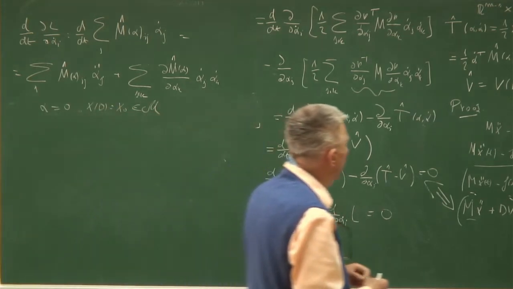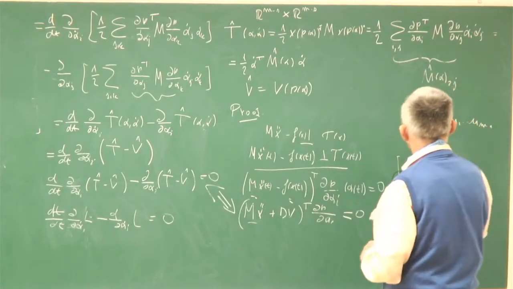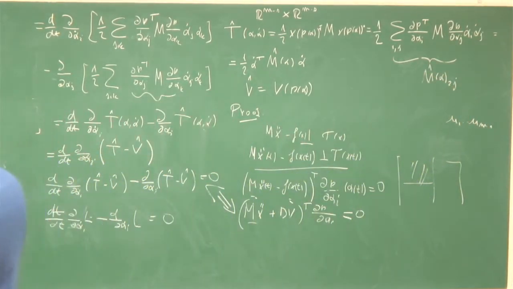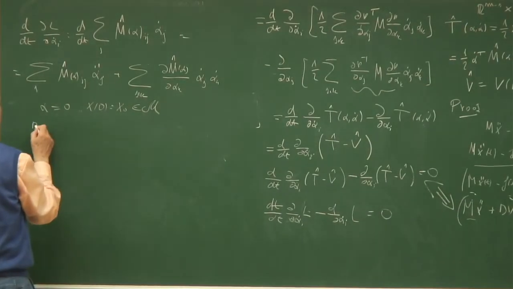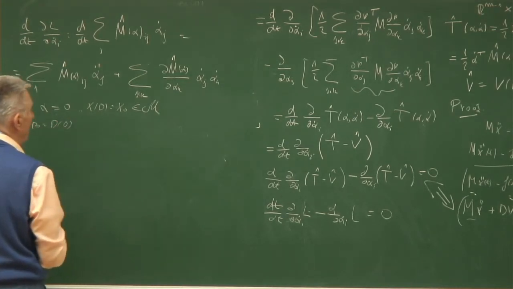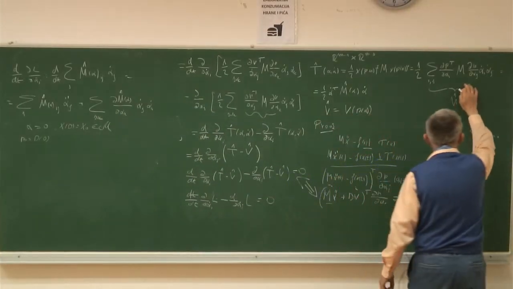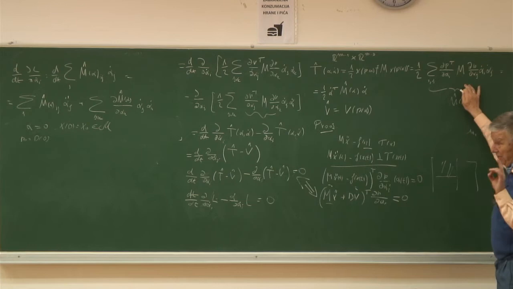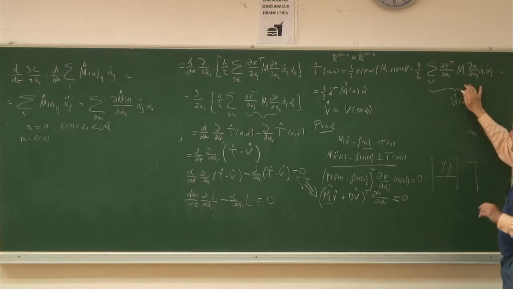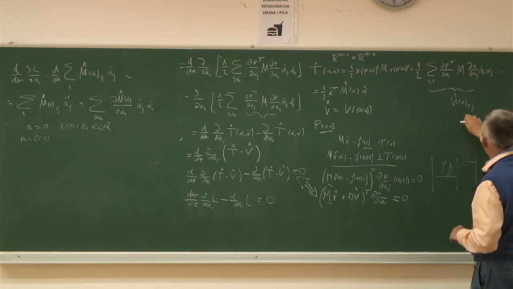So let P0 be equal to P of 0. So if I linearize this, linearize quadratic function means to put just